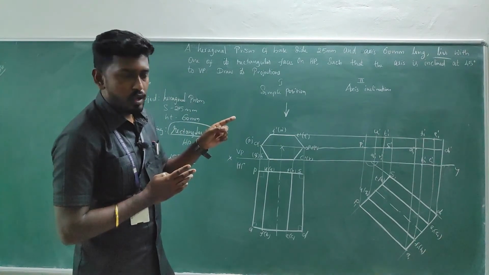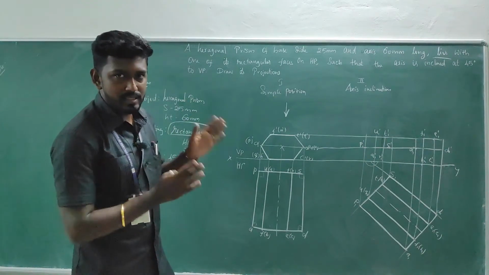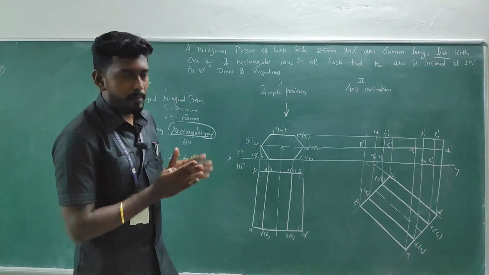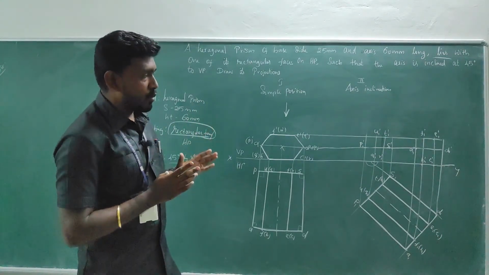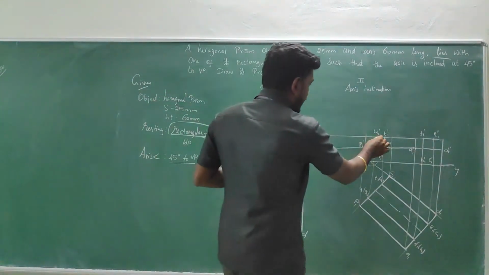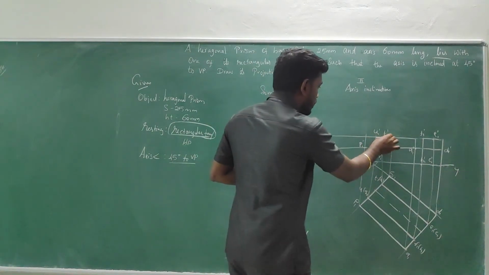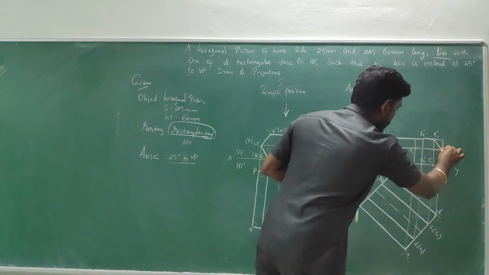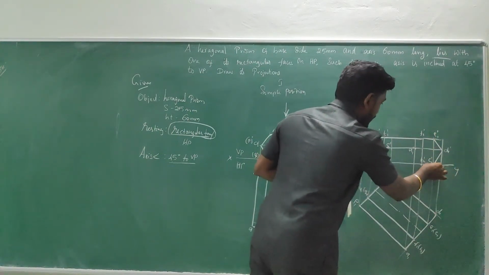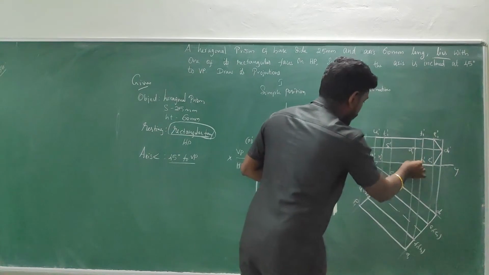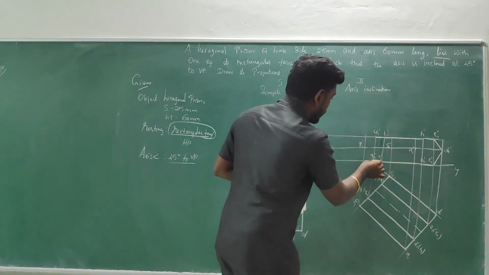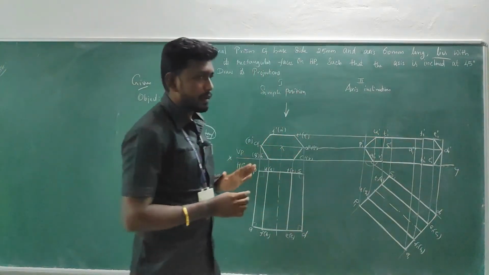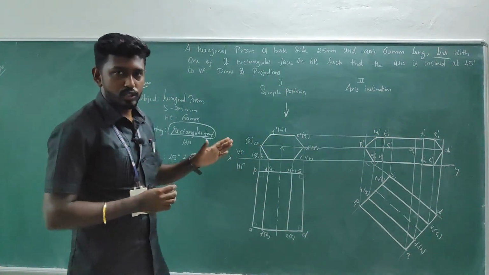So first step, close the boundary. Always in any position the boundary will be a visible one. Okay. You have to make the outermost points dark. So here like this, U to T, T to F, F to E, E to D, D to E, then E to B, B to R, R to Q, Q to P and U to P. I am going to make a dotted line. It's a boundary. Boundary should be closed.